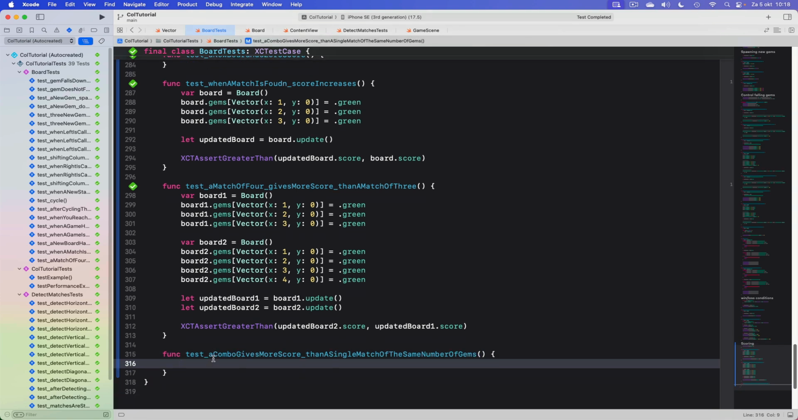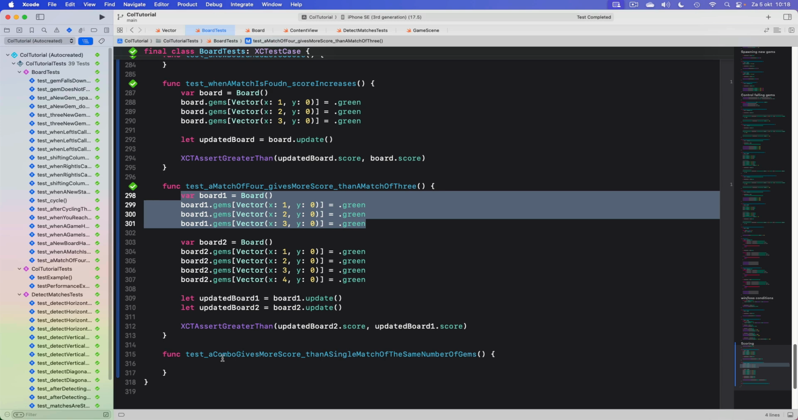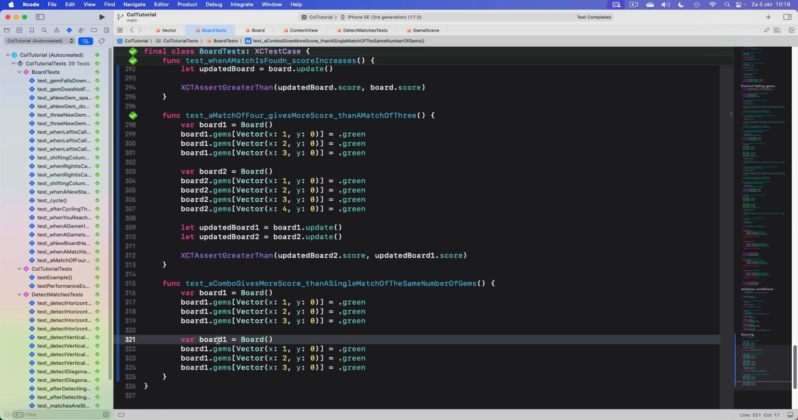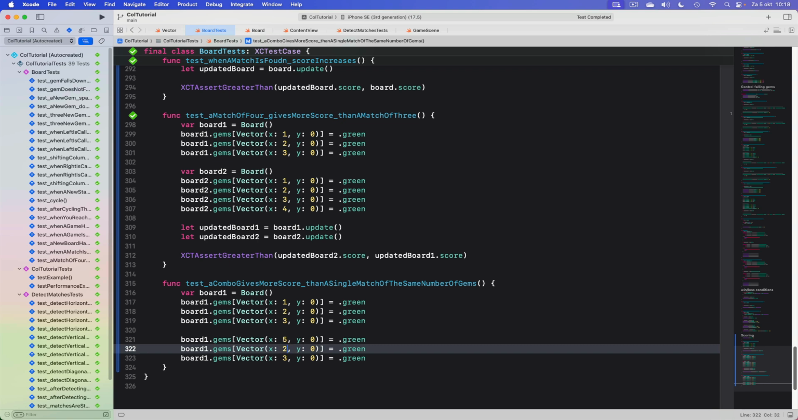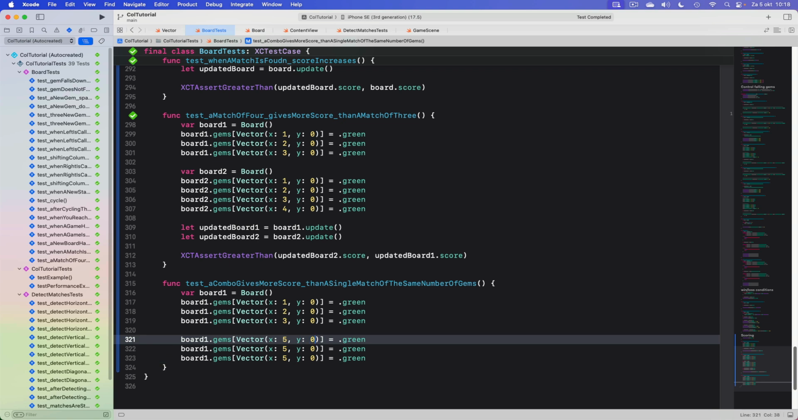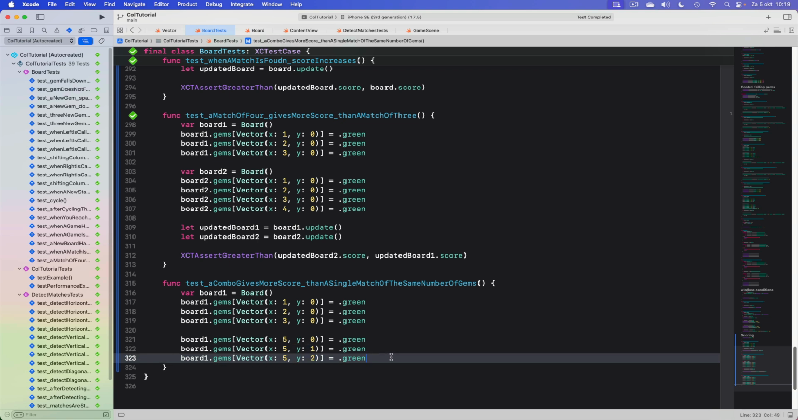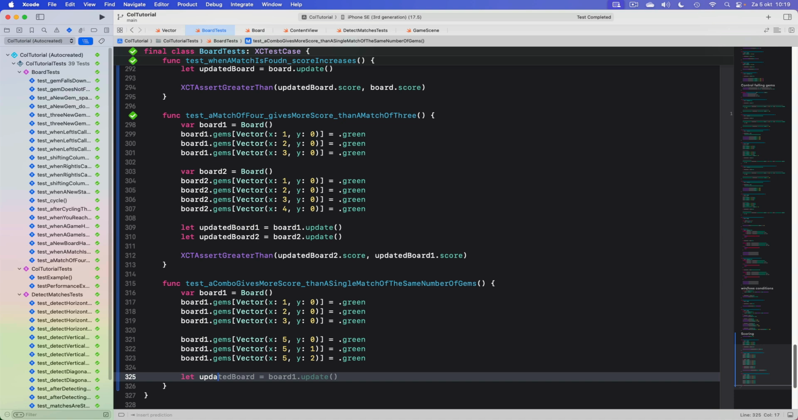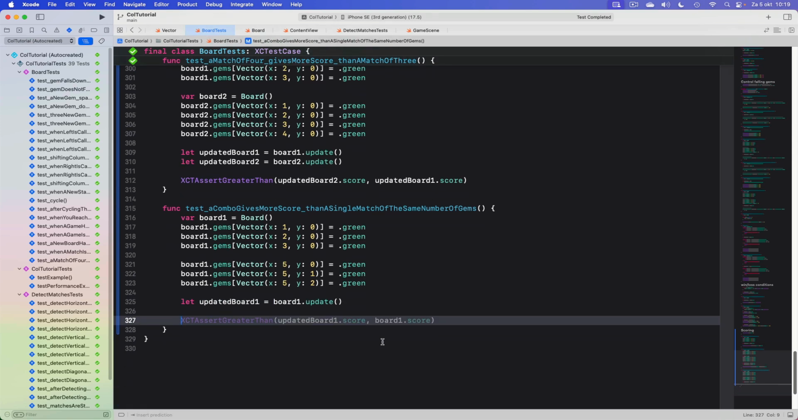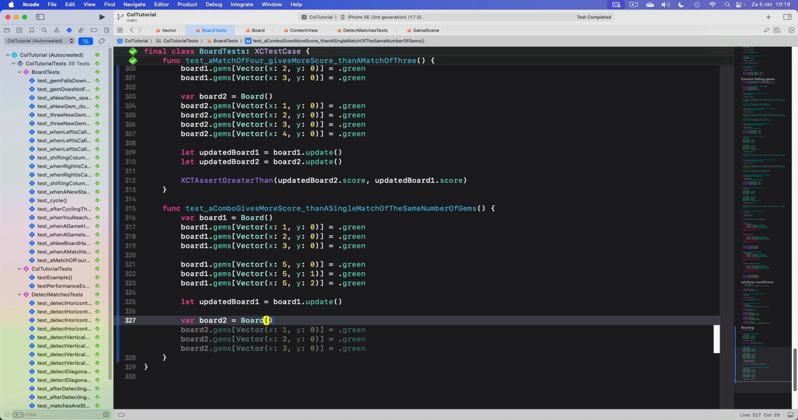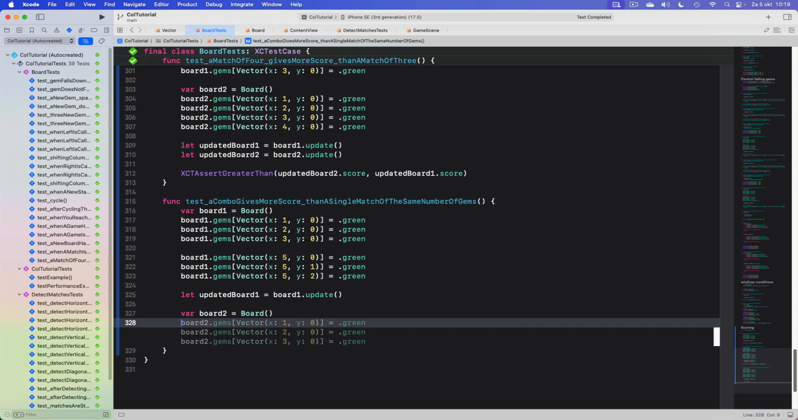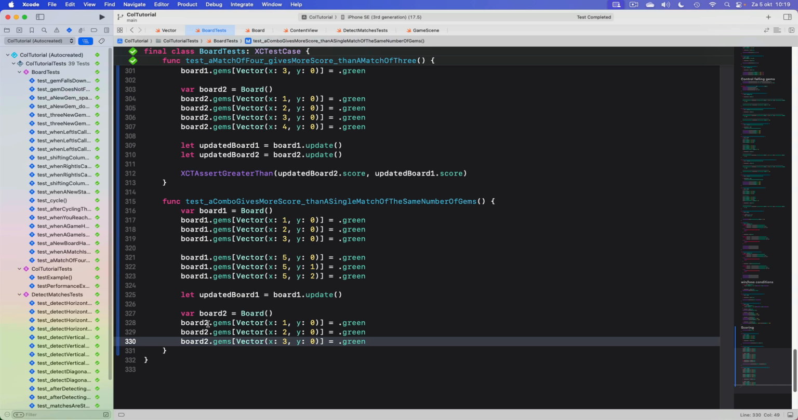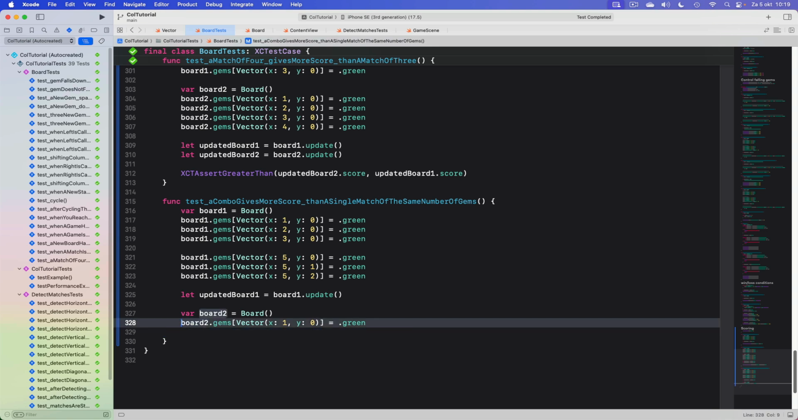So again, I need a board. However, this board will have 2 matches on it. I will update the board. Then we need a second board. And we need to construct this board a bit specifically. So let's see. So we can start at